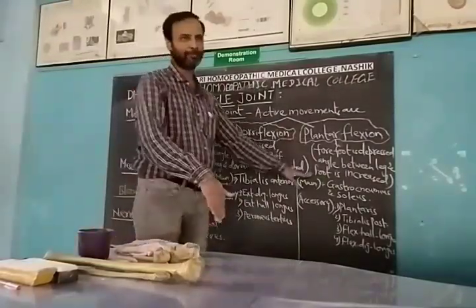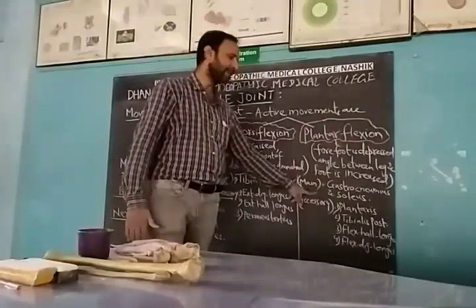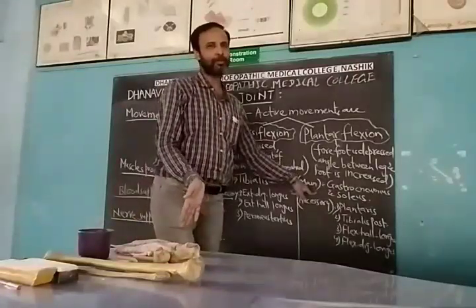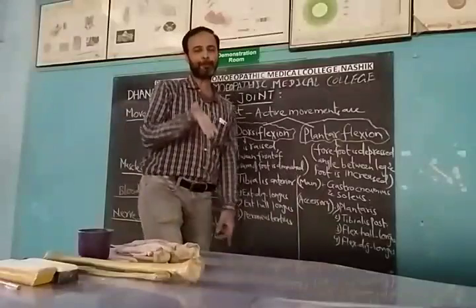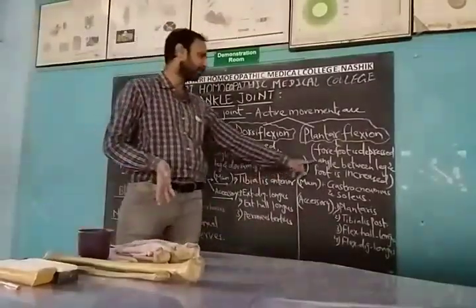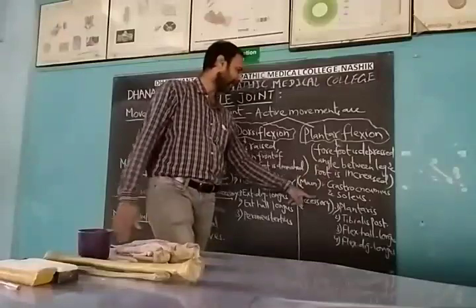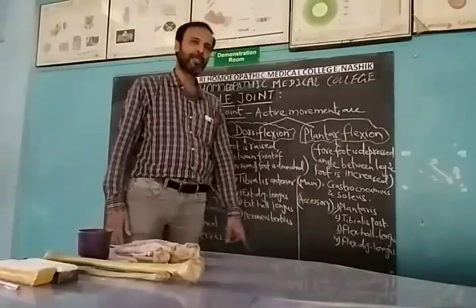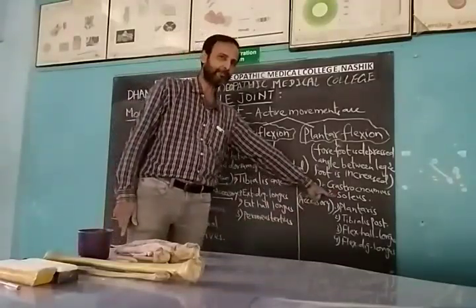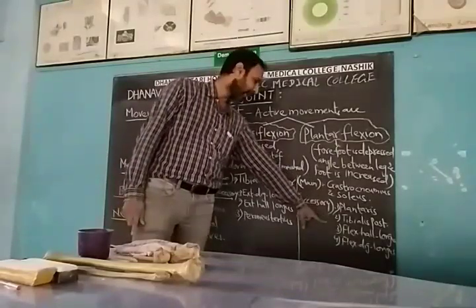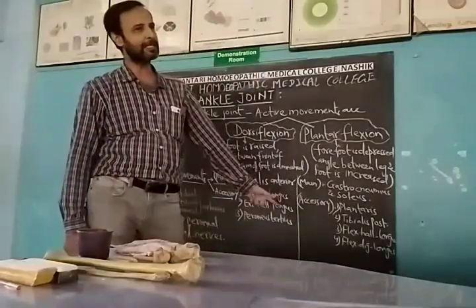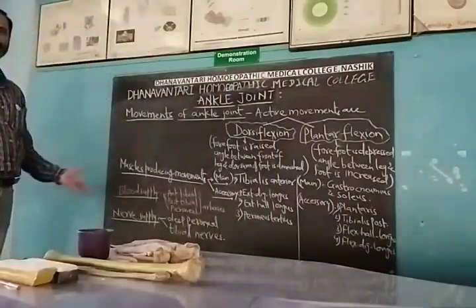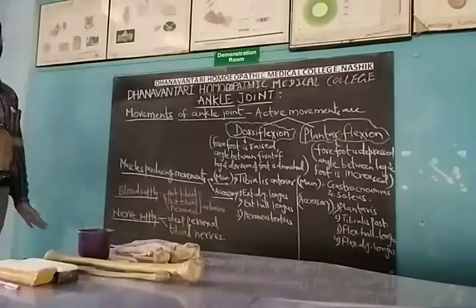And now plantar flexion. In plantar flexion, the main muscle is the calf muscle, that is the gastrocnemius and soleus. These calf muscles form the tendocalcaneus, which is helpful in depressing the forefoot. So the main muscles for plantar flexion are the gastrocnemius and soleus, and the accessory muscles are plantaris, tibialis posterior, flexor hallucis longus and flexor digitorum longus. So these are the muscles. These are the two main movements, very simple: dorsiflexion and plantar flexion.